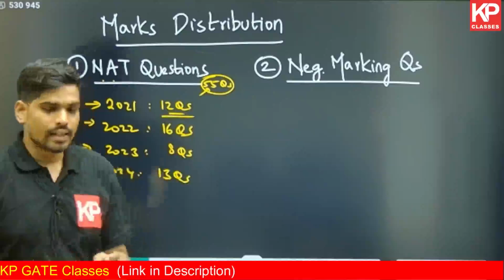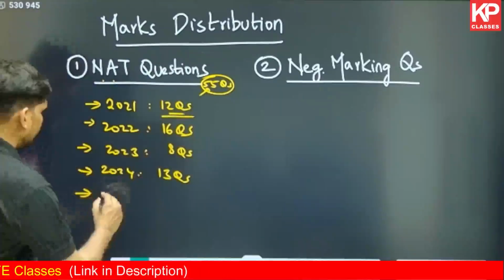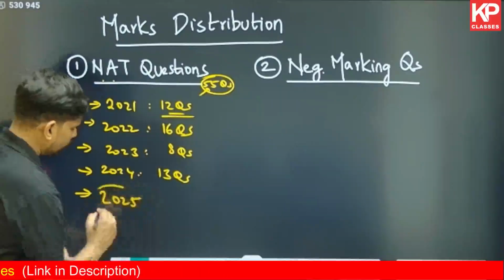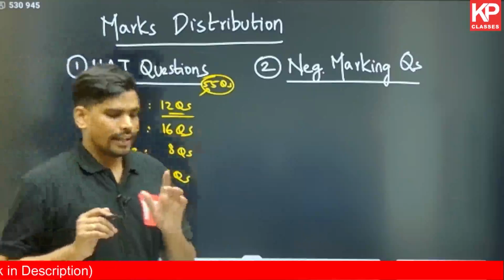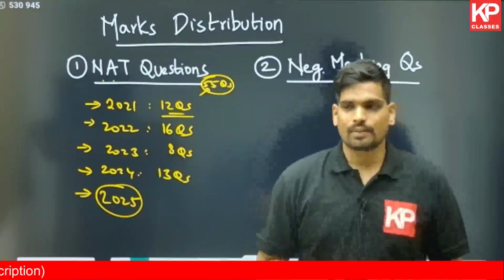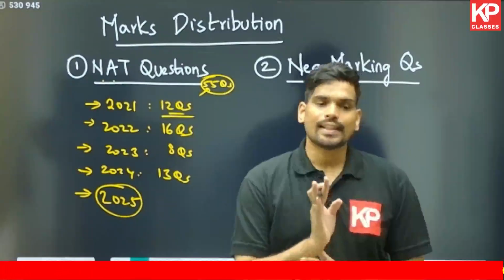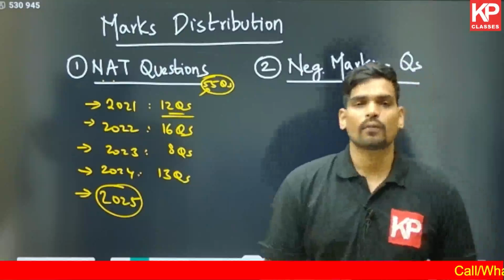But there can be a variation. It can be plus or minus 4. This year, 2025, this was something new. In this year 2025 GATE paper, if you have selected the planning part, then the number of numericals you had